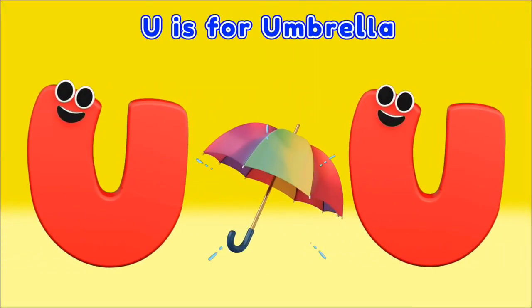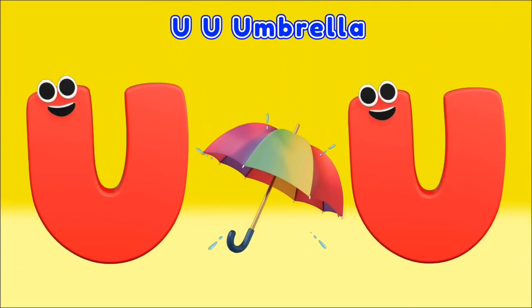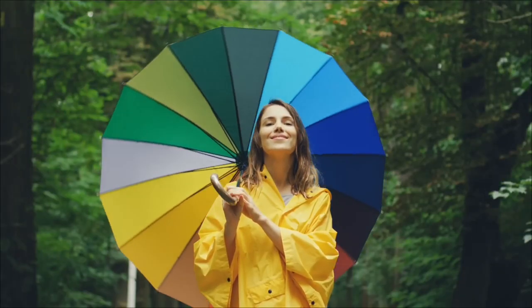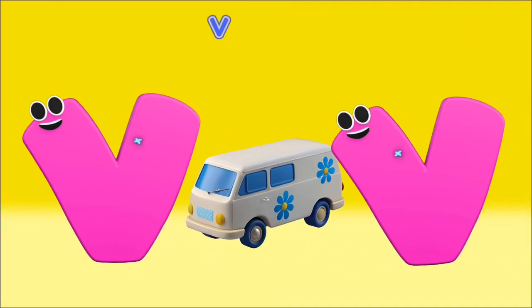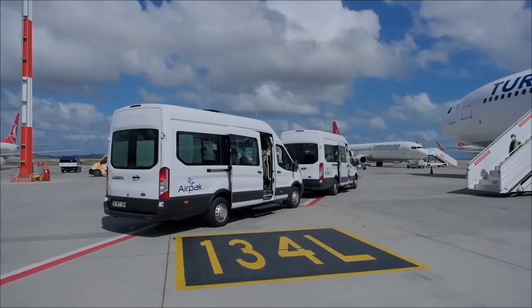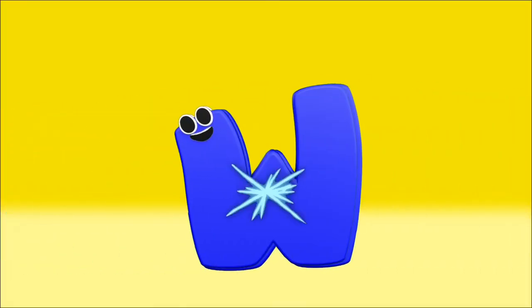U is for umbrella, umbrella, umbrella. Unique umbrella. V is for van, van, van. Kids van. W is for water,